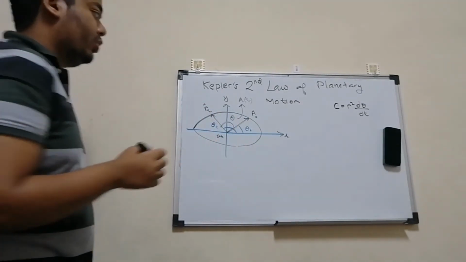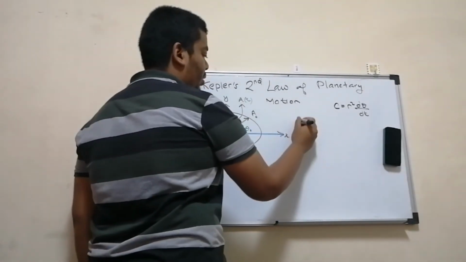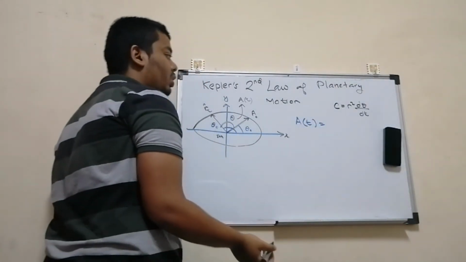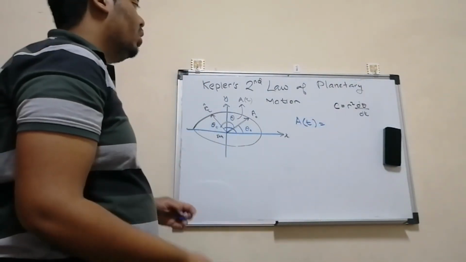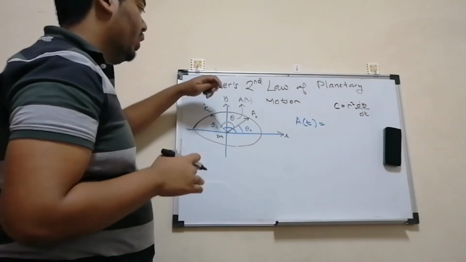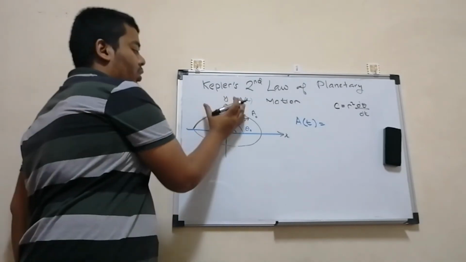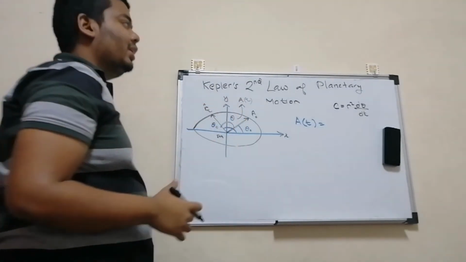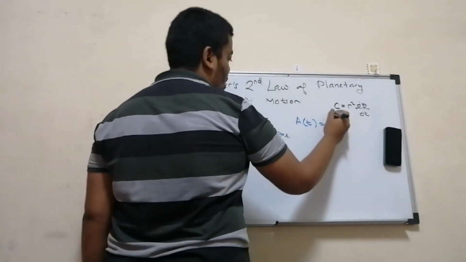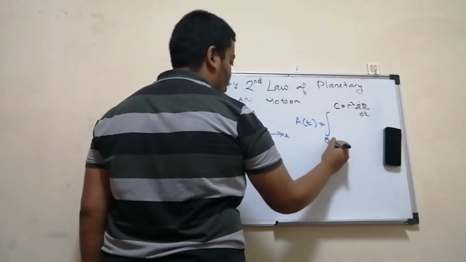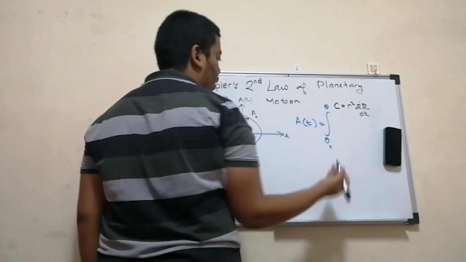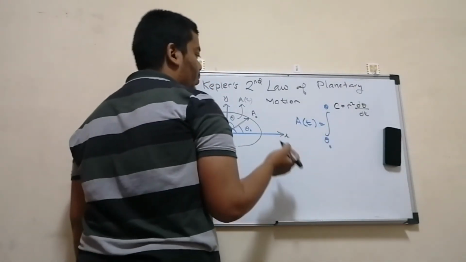Okay, perfect. So the area of this graph A of t is given by, if you remember the formula, I'll just remind you, the area of a conic section, or you can say the area under a polar graph, is the integral from theta naught, the initial theta, to the final theta,